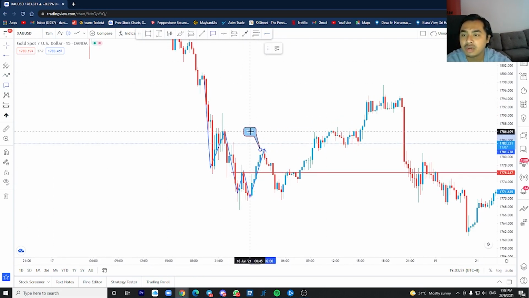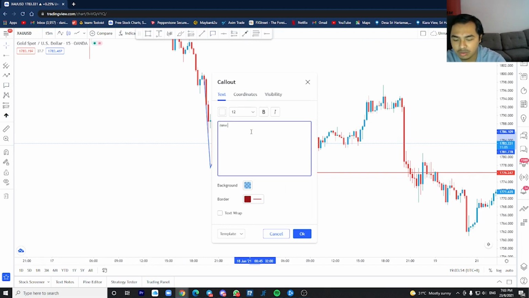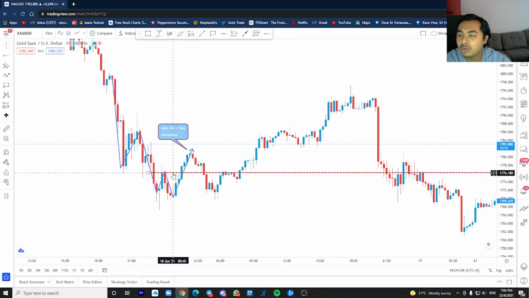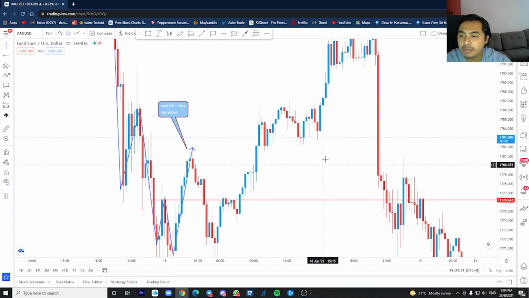So market has made new highs, which equals a buy. But this buy is just acting as a correction, right? Okay. So after that, what we want to be looking for is an area whereby market makes a level